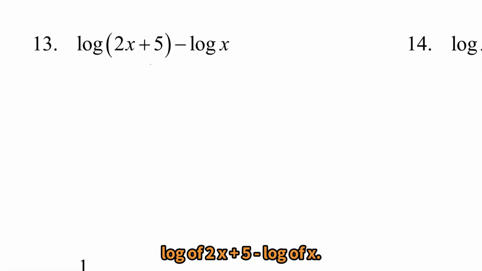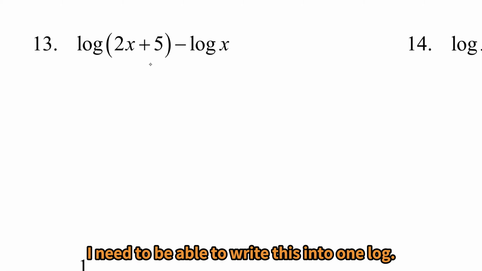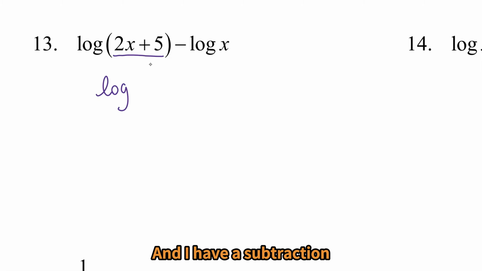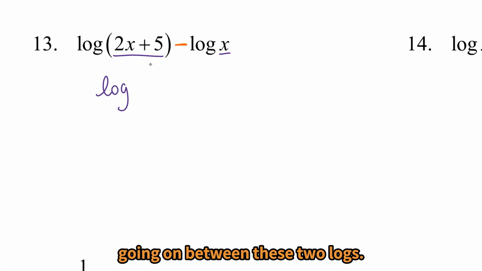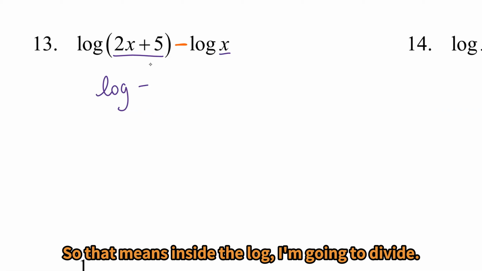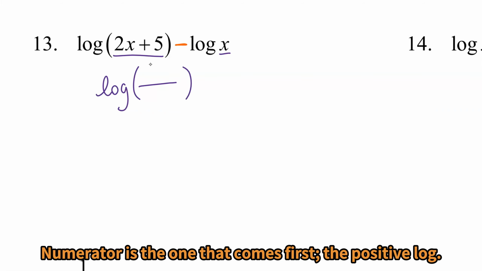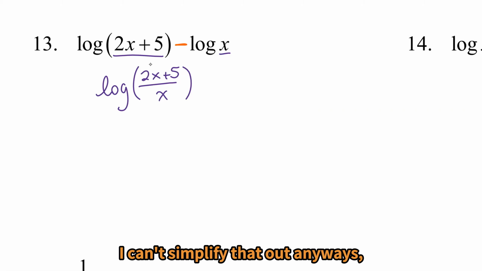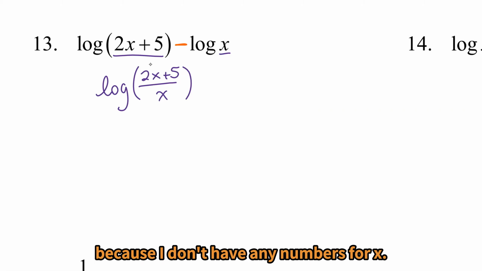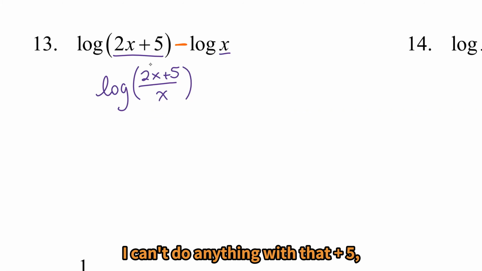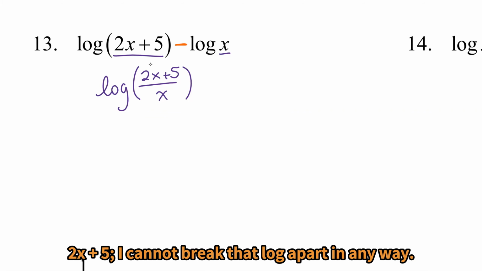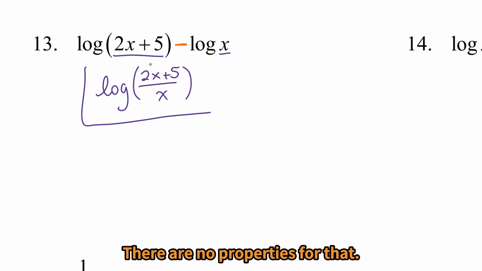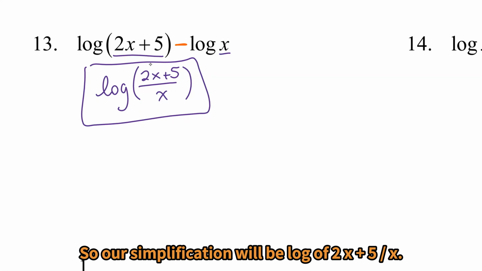Now looking at a log expression, log of 2x plus 5 minus log of x. I need to be able to write this into one log, and I have a subtraction going on between these two logs. So that means inside the log, I'm going to divide. Numerator is the one that comes first, the positive log. The negative log will be the denominator. I can't simplify that out anyways because I don't have any numbers for x. I can't do anything with that 2x plus 5. I cannot break that log apart in any way. There are no properties for that. So our simplification will be log of 2x plus 5